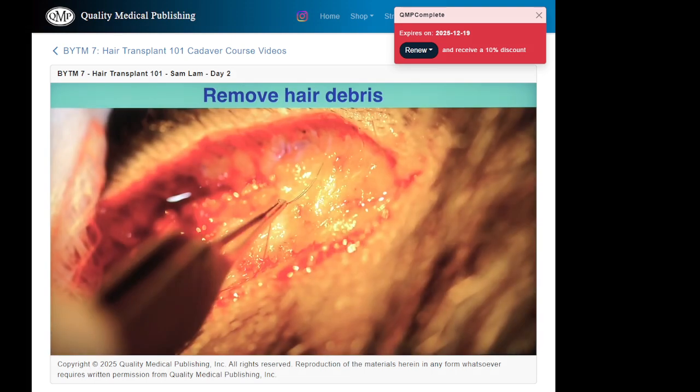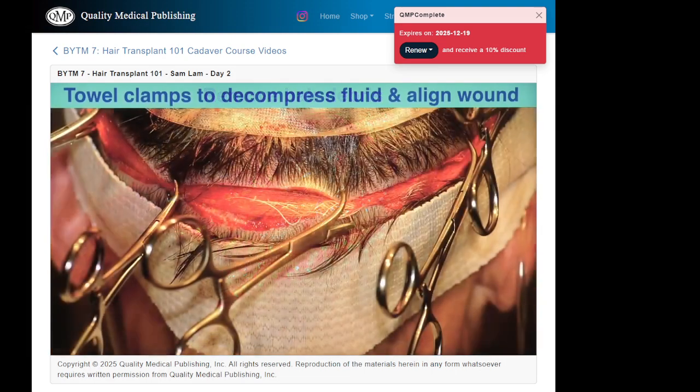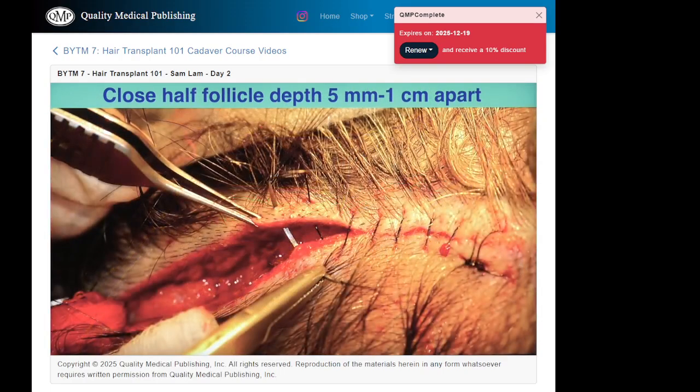So then after that, I just remove a little hair debris using very, very tiny forceps and under magnification. I put in my towel clamps to decompress the area and align the wound, and then I close the incision. The way that I close the incision is I grab about mid-follicle. You don't want to go deep for a lot of reasons. It can ensnare the hairs, it can grab neurovascular supply, cause a lot of pain, and I'm going about 45